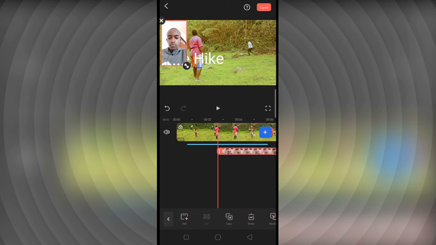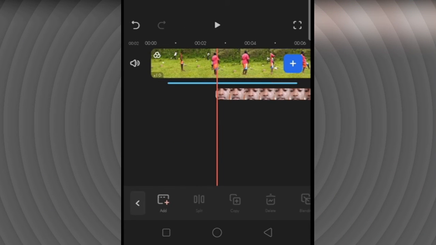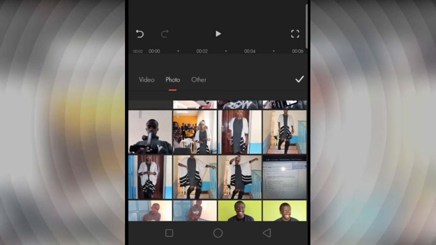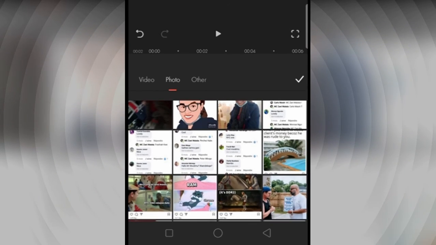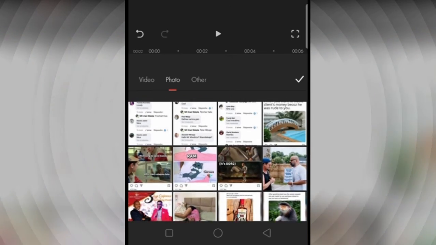So that is how you can place a video on top of another video. If you also wanted to add a photo on top of this video, you can always come back to this section of PIP. Since we've already added a video, what we're going to do is just select add, and this is the same procedure you're going to follow if you still want to add another video or photo in that case. So let us add this photo over here,